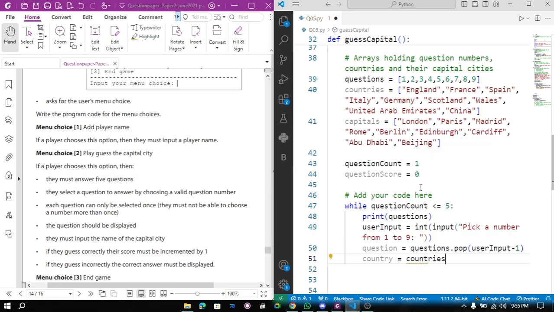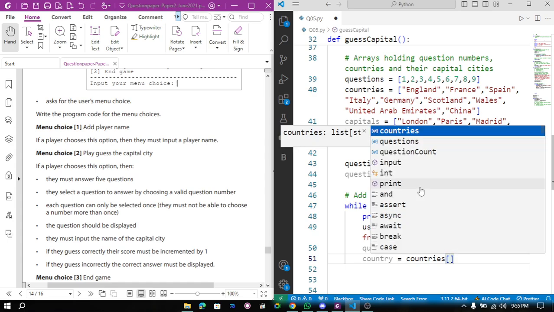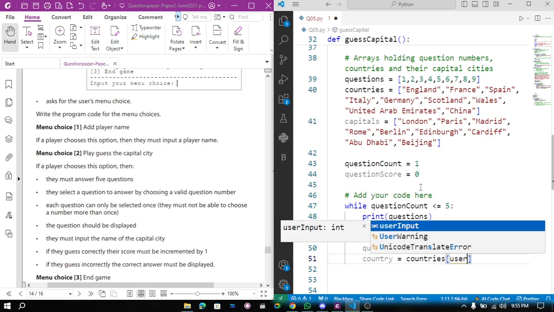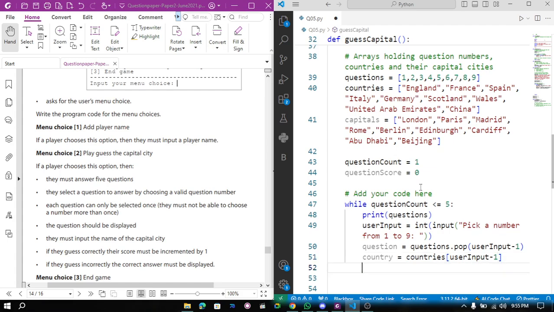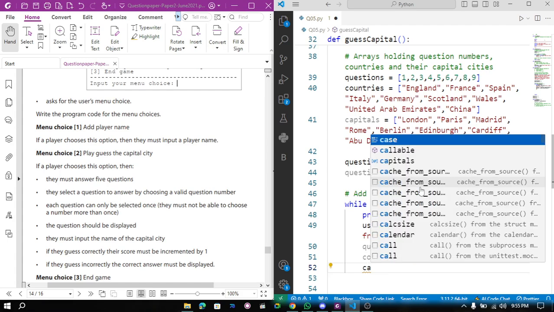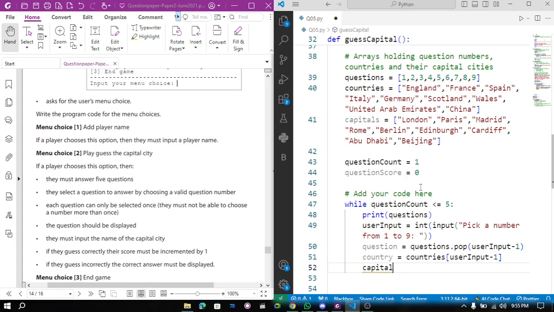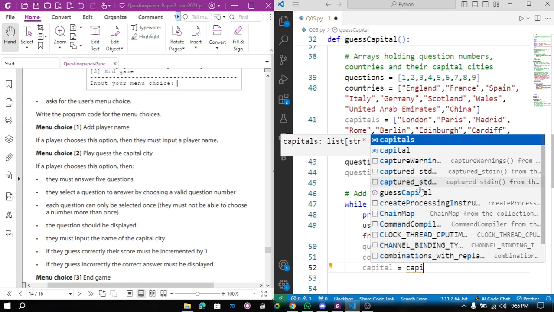And countries, so from the countries I'm going to select, from the countries I'm going to select user input -1 again, and from the capital as well, capitals,